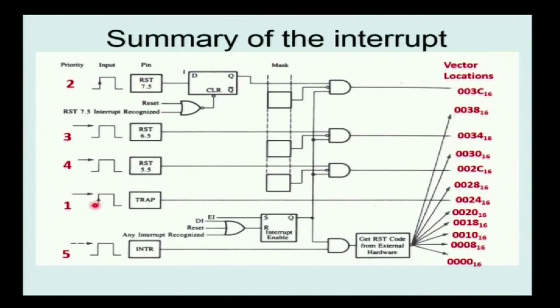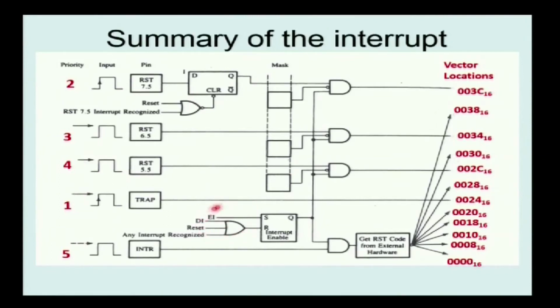Edge triggering means the level changes from low to high, along with high level sensitivity. So, for the TRAP request, first it has to rise, then it has to maintain the high level for some time. Only after that will the TRAP be enabled, and then the corresponding interrupt service will be processed. The INTR is a level sensitive interrupt. The numbers represent the priority of the interrupts.